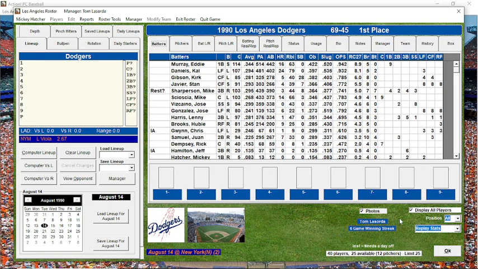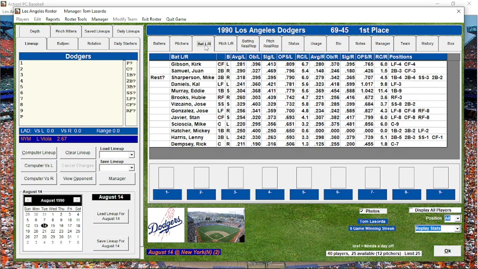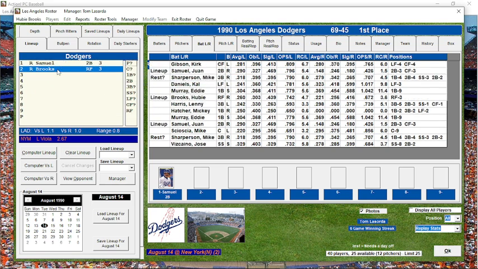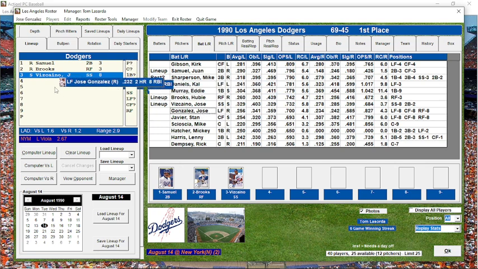This will be the first game that Eddie Murray misses. Just kind of a tribute to him. Well, let's see if we can do the lineup correctly. Brooks in right field. Gonzalez moves to center field.